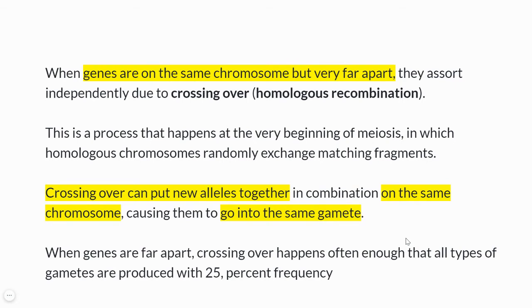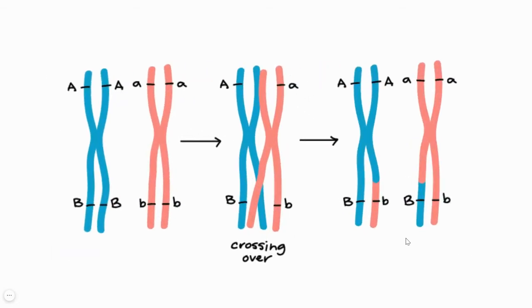Especially, let's see how crossing over will look when two genes are on the same chromosome but very far away from each other. We will see 25% frequency of different gametes again. So this is our situation where gene A and gene B are on the same chromosome. You're looking at their homologues. Blue comes from the father and red has come from the mother. And these are the chromosomes of the cell that we are studying, the individual, not that individual's parents. You are looking at homologous chromosomes of a cell.